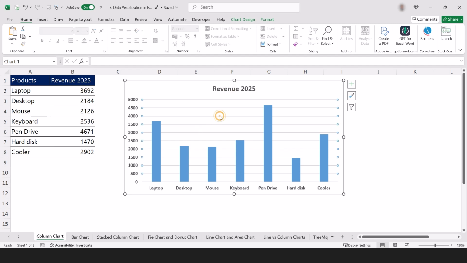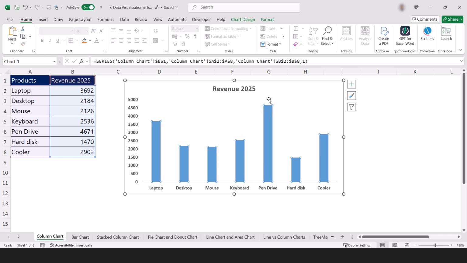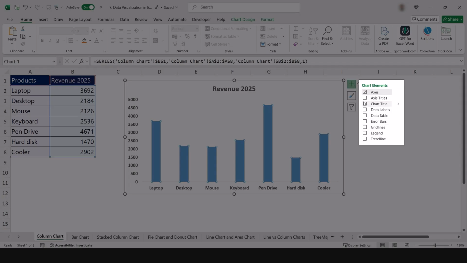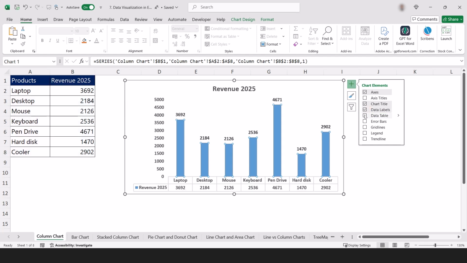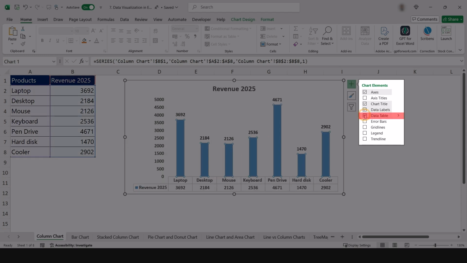If you do not want the grid lines, you can select the grid lines, press delete on the keyboard, and the grid lines will go away. In the same way, if you want to add a data label on top of the bars, on the right hand side you can click on the plus sign and these are the checkboxes you can select. Suppose you select the data label option, you get the values on top of the bar. If you do not want it, deselect the option. Below that, we have a data table. In case you also want the data to be presented textually, you can select the data table option.